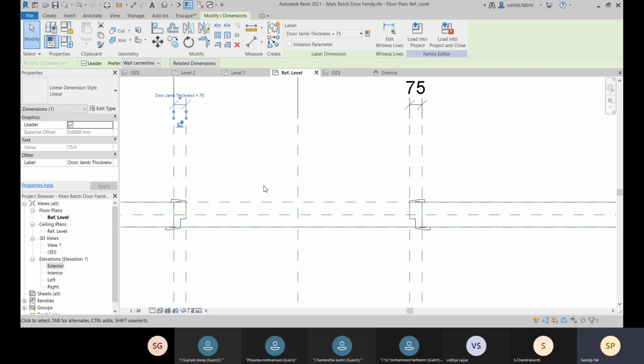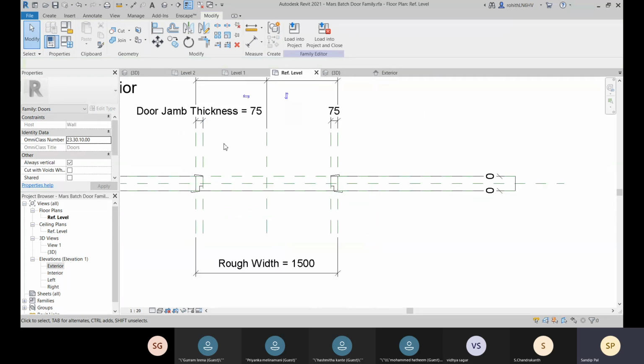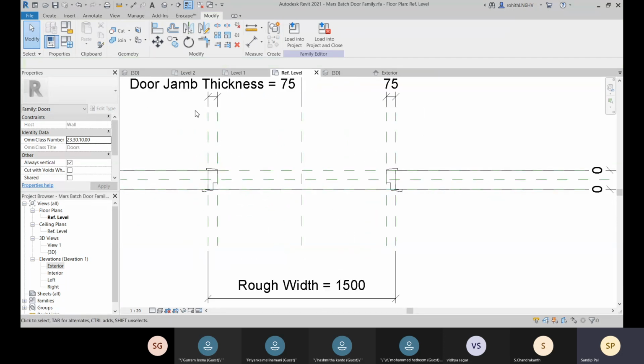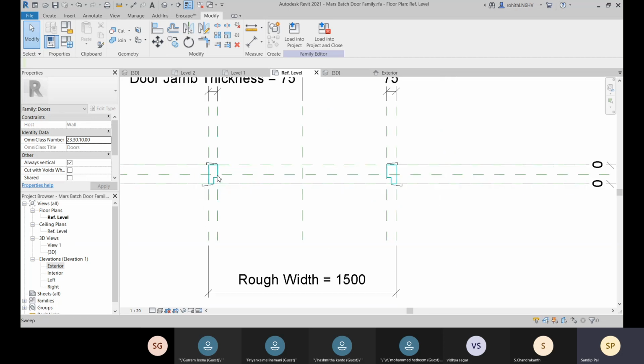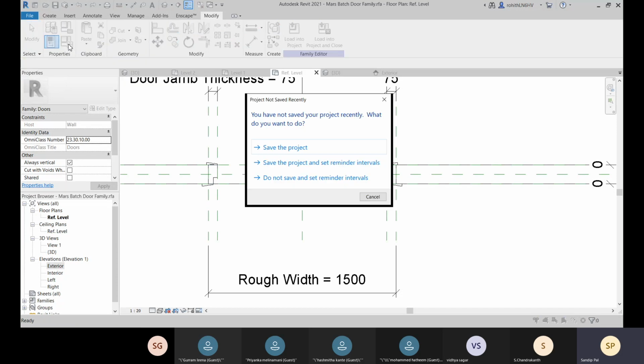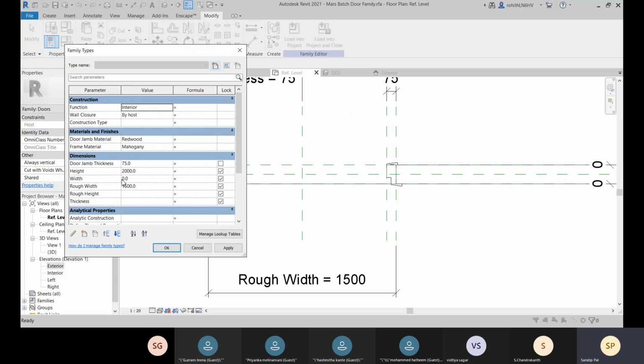Okay. So now here you can see that the door jamb thickness is there, and now if I change, it will be reflected to this reference plane, because this dimension and this parameter is assigned to this reference plane. Now let me just check it, like 75, let's do 150.